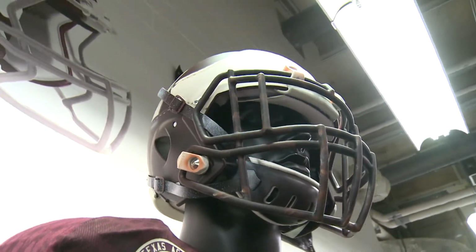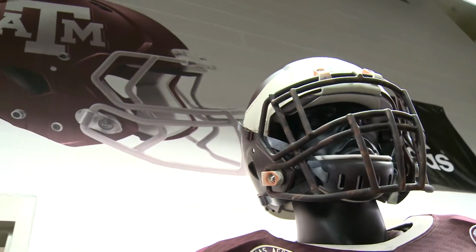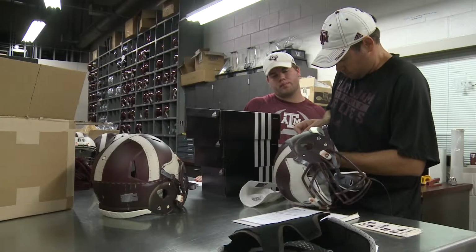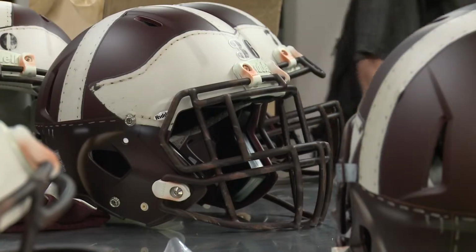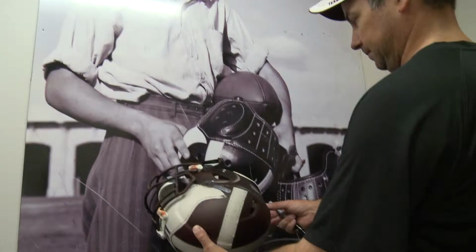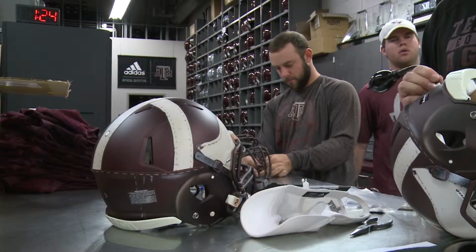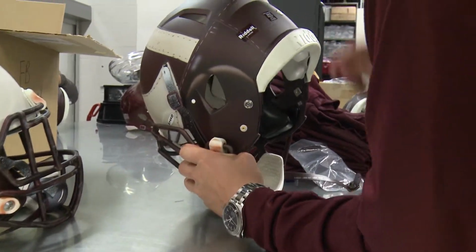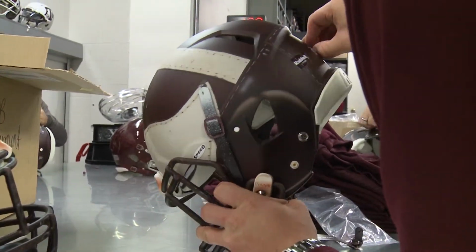We challenged the creative team to really push the envelope and try something that hadn't been done with a throwback before, whether it be in the NFL or in the college game. And I think we succeeded, and especially the detail that we have in the helmet and all the little stuff with the stitching or utilizing the actual photos of a '39 A&M game helmet to make all the decals to show the wing and the cross, the stitching, the airbrushing of the ear holes on the helmet, the weathering of the face mask, the rust